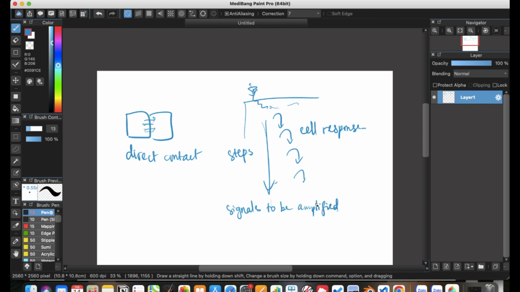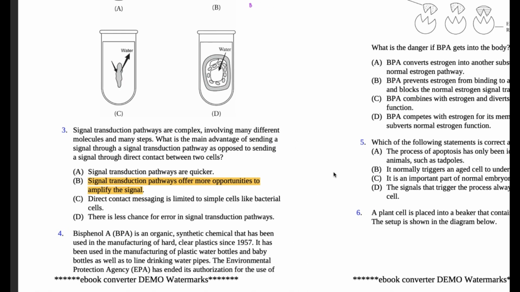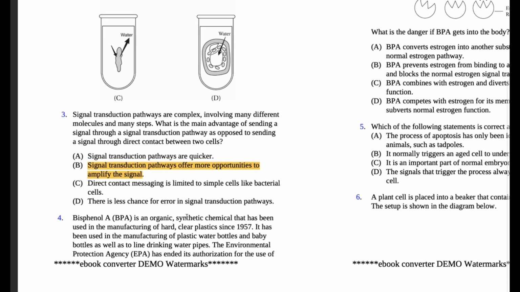Right? Actually, just from one single ligand molecule, it can trigger a chain of reactions that will cause the production of many molecules, right? Bisphenol A is an organic synthetic chemical that has been used in the manufacturing of hard, clear plastic. It has been used in manufacturing of plastic water bottles and baby bottles, as well as to line drinking